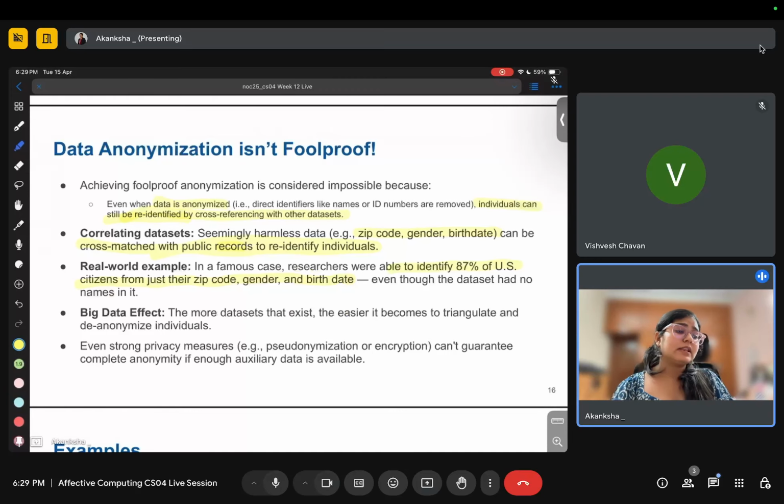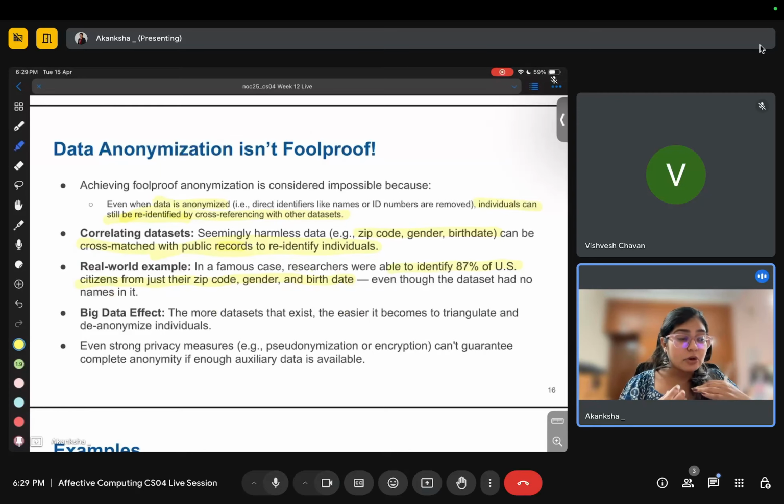So it is revealing. And the big data effect means, again, I have so many data sets. Big data means a lot of data, and nowadays we have a lot of data about people, online, offline, whatever. But the more data sets exist, the easier it is to cross reference.